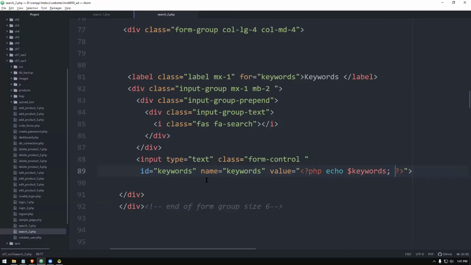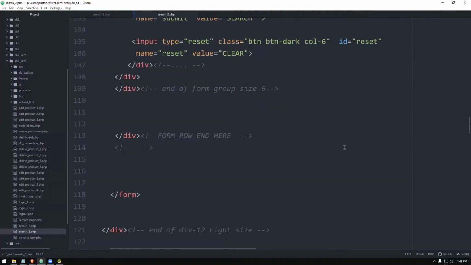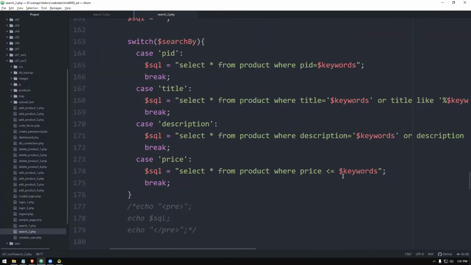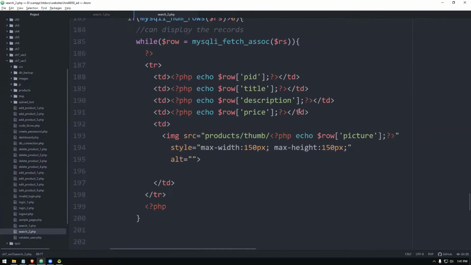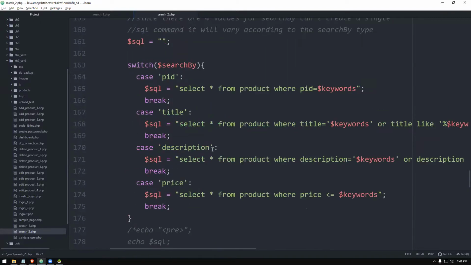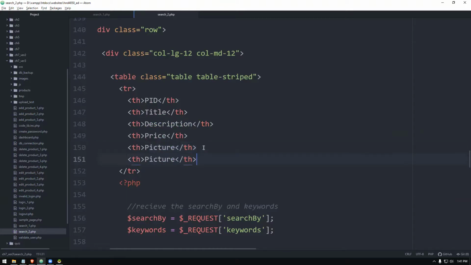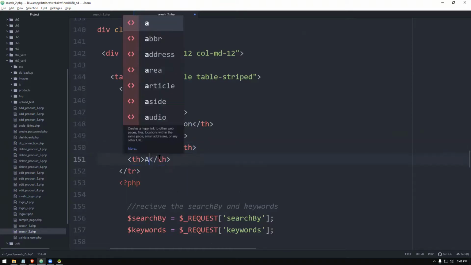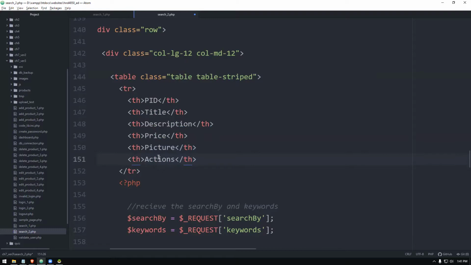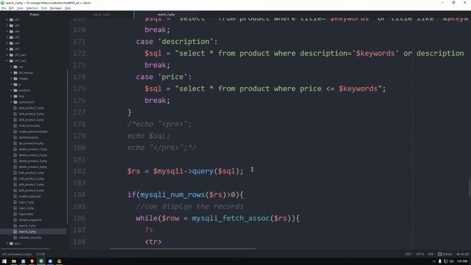Right, I'm coming here. So we are displaying the details. We are displaying the details. So I'm going to introduce one more column here. Let's put just one more column saying actions. And finally here,